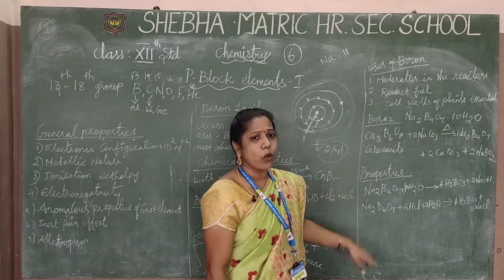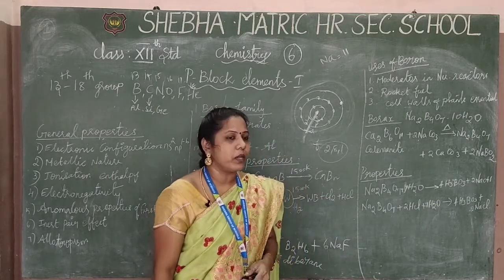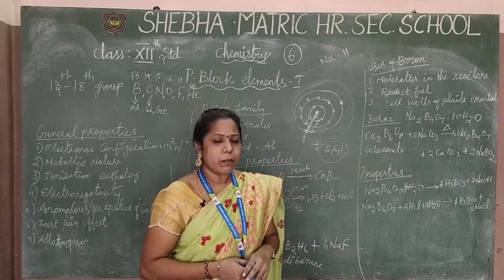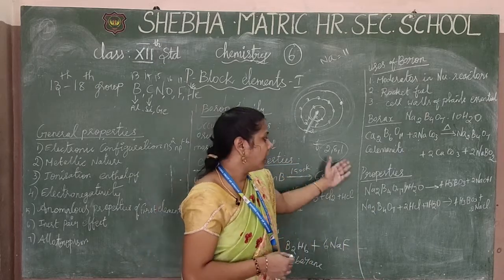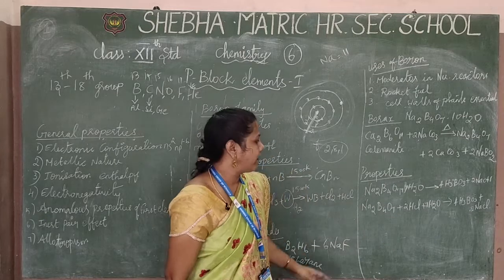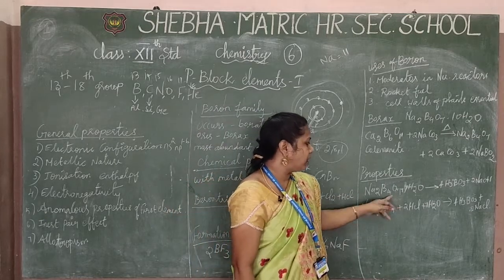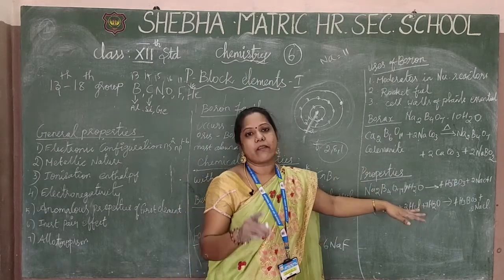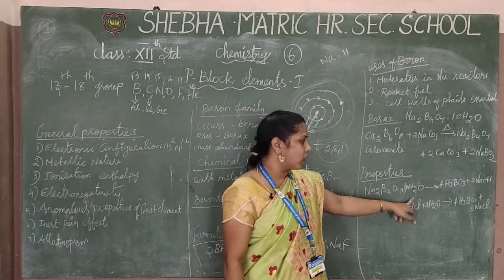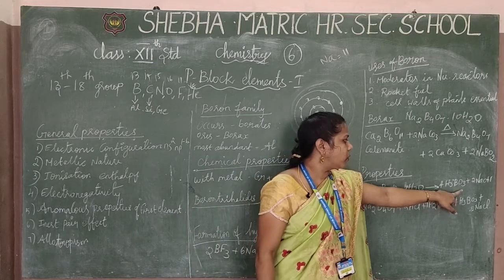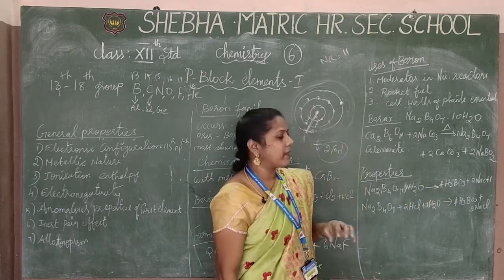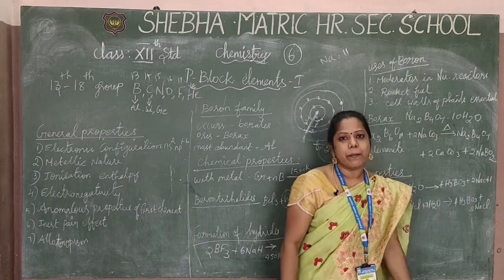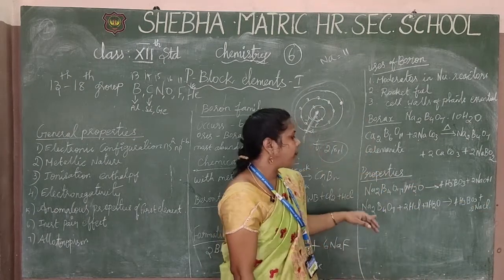Borax has many properties in your book, but I am going to explain a few things. You have to refer to your books; it will be very helpful for reading out the properties of borax. Na2B4O7, that is borax, reacts with 7 molecules of water. We can get H3BO3, boric acid, along with sodium hydroxide. That is the main property.